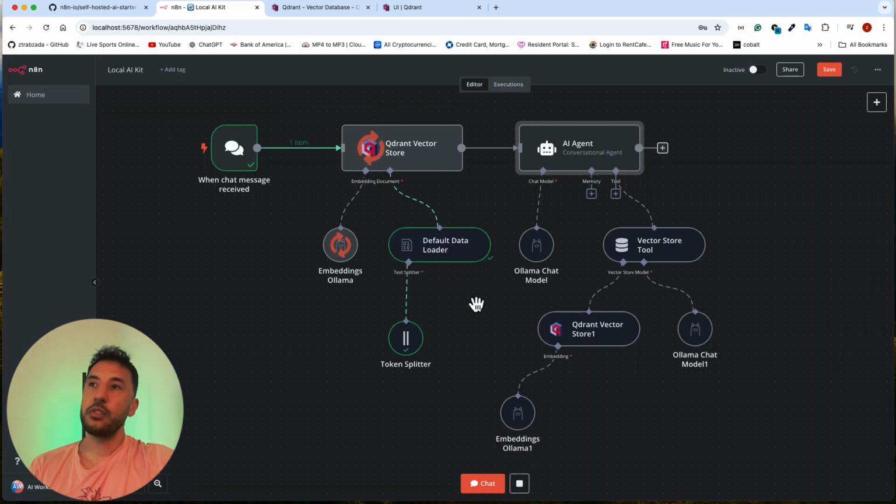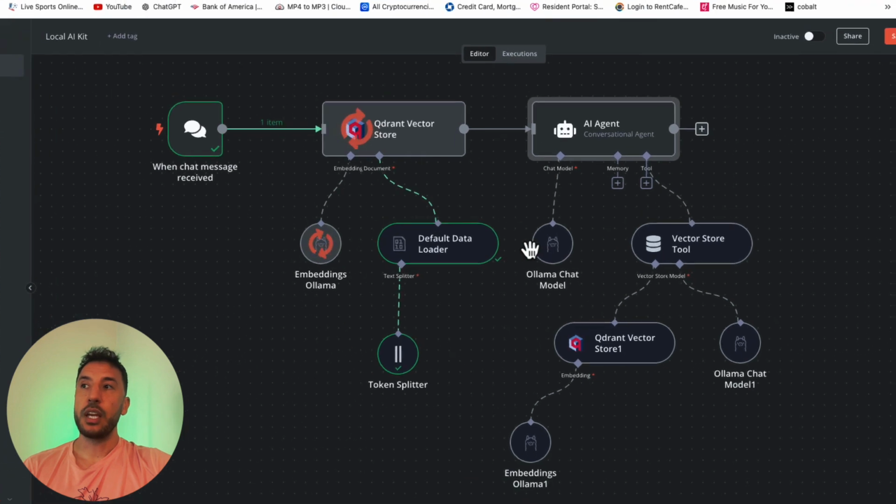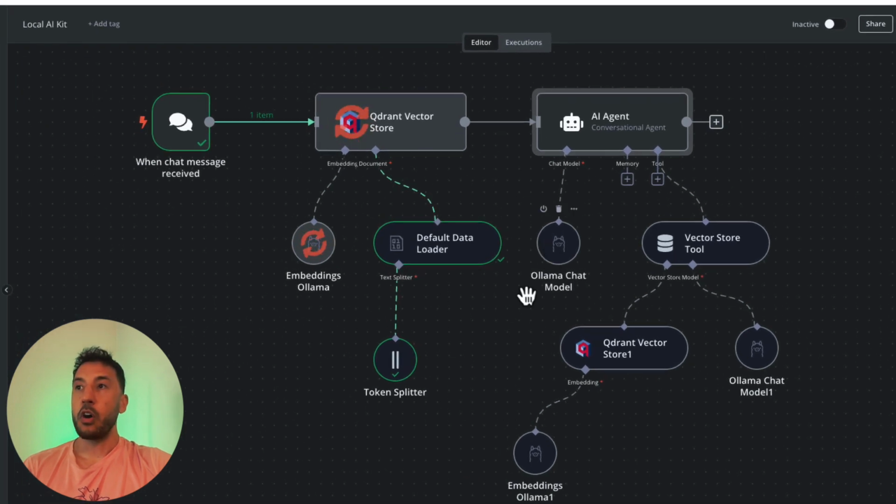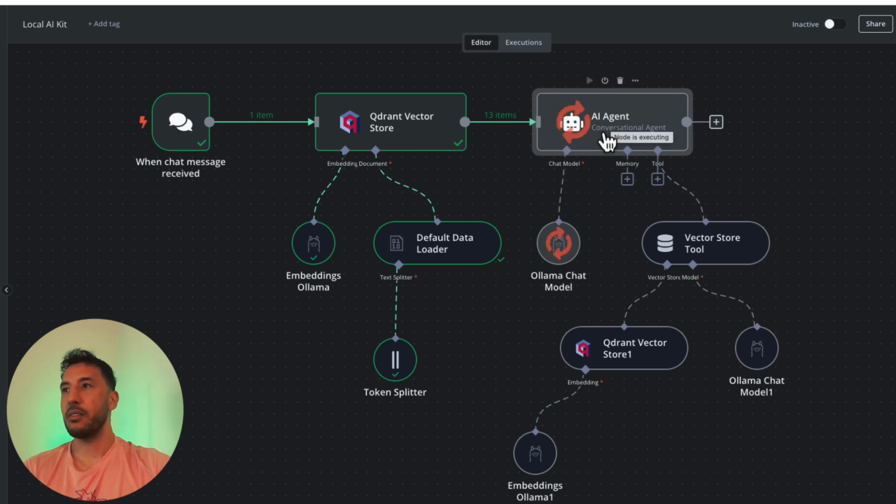Again, based on how fast your computer is, how fast your CPU is, how big the memory of your computer is, this thing might go a lot quicker. It also depends on what kind of model you're using. If you're using a really large model that's very heavy on your computer, this whole process is going to be extremely slow. So make sure you're using the correct model depending on what computer you're using. And there you go, this step got executed. So 13 items were sent. Now the AI agent is processing this again, and this should be running once because that's what we put in the setting, right?